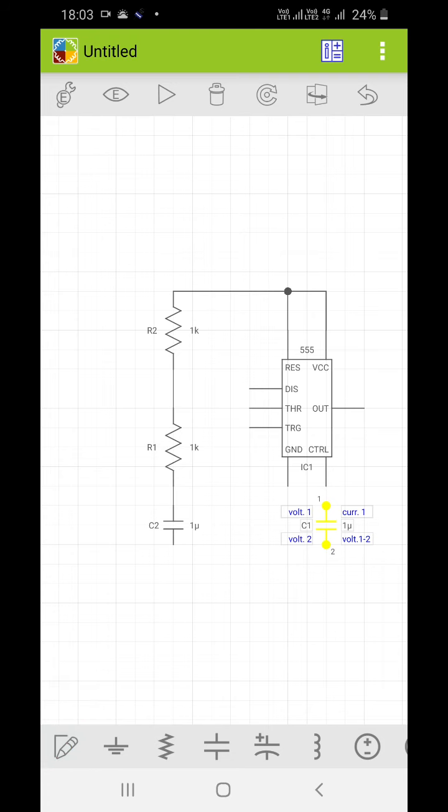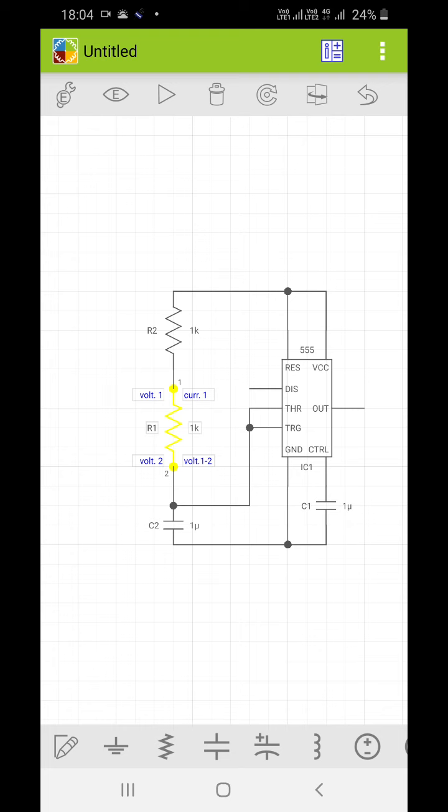So let us connect as per the circuit diagram. The threshold and trigger terminals will be shorted and connected to this point, and the discharge pin is connected between the two resistances.